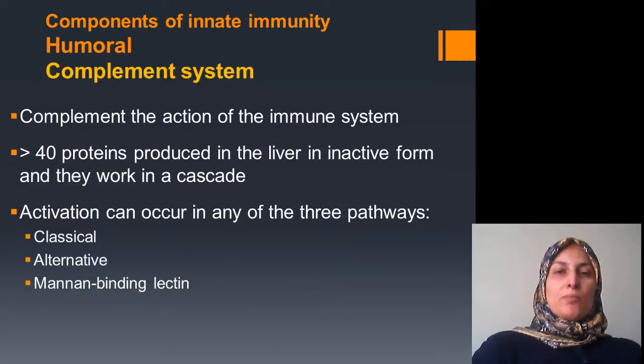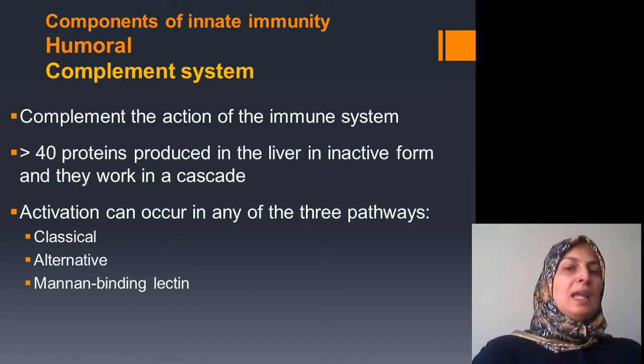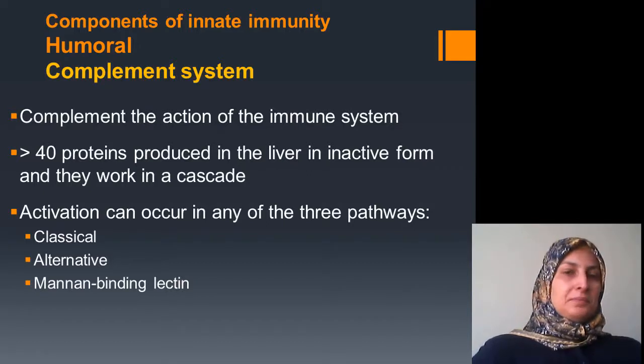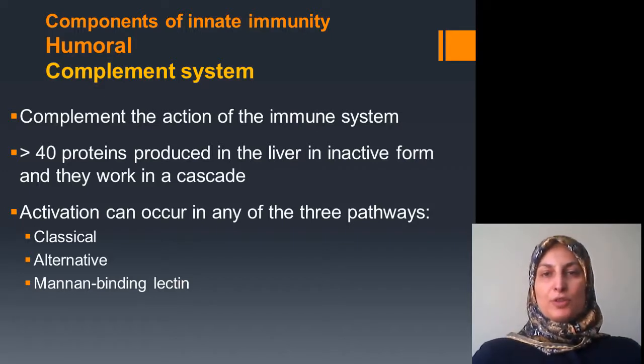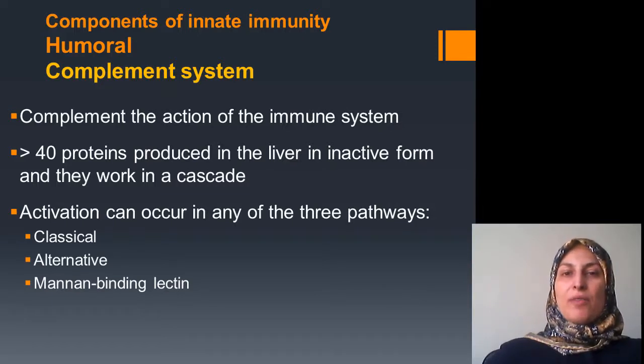There are more than 40 types of proteins produced by the liver, and they move through the circulation to the different types or sites of infection. Of course, when they are produced from the liver, they are produced in a non-active form. Otherwise, it will initiate an immune response wherever it goes. So they should be in non-active form once produced by the liver, and they will be activated only when there is a pathogen, when there is a trigger